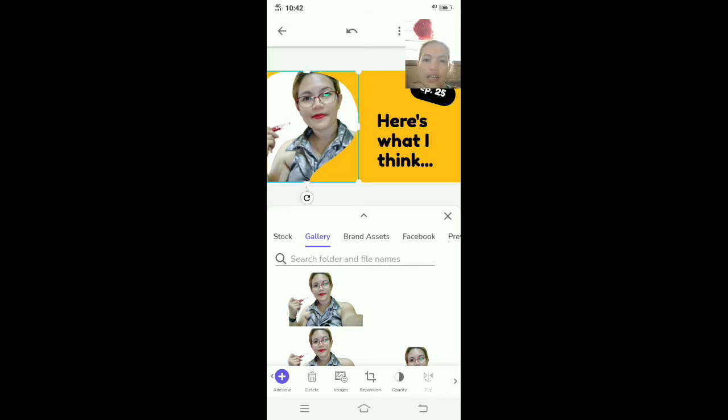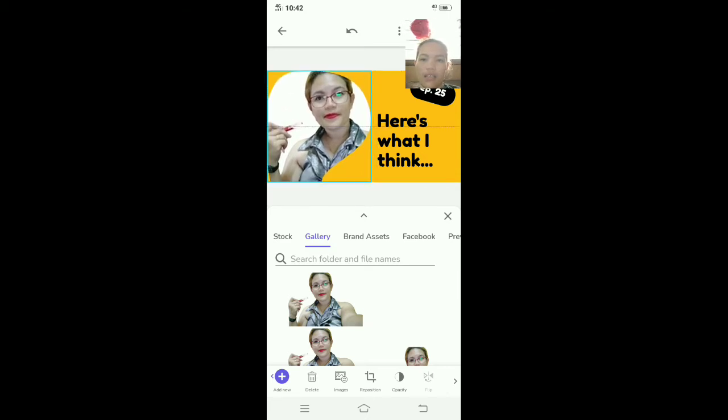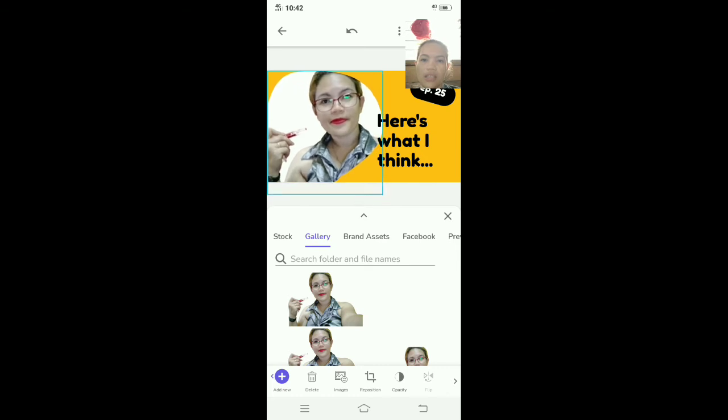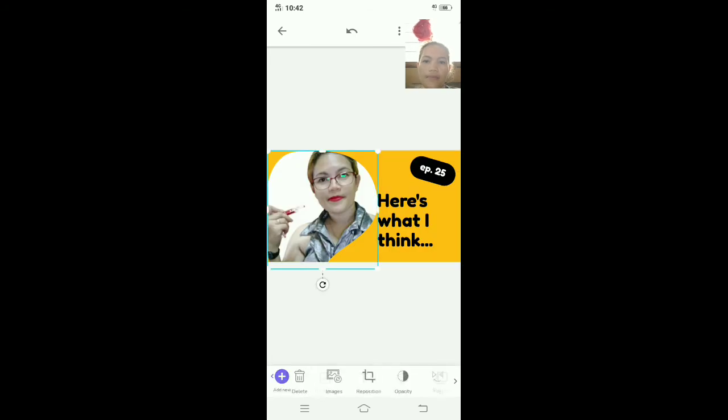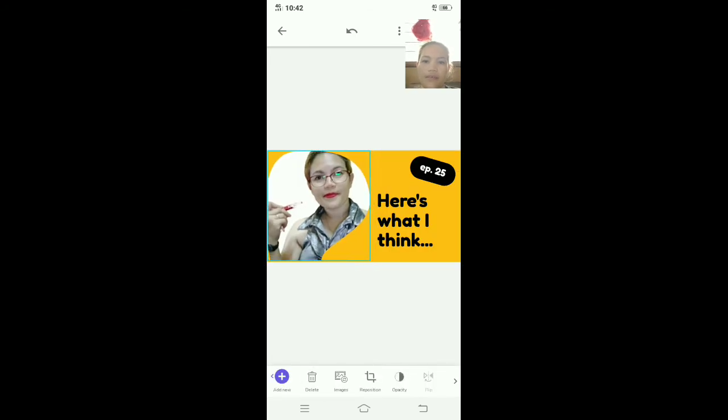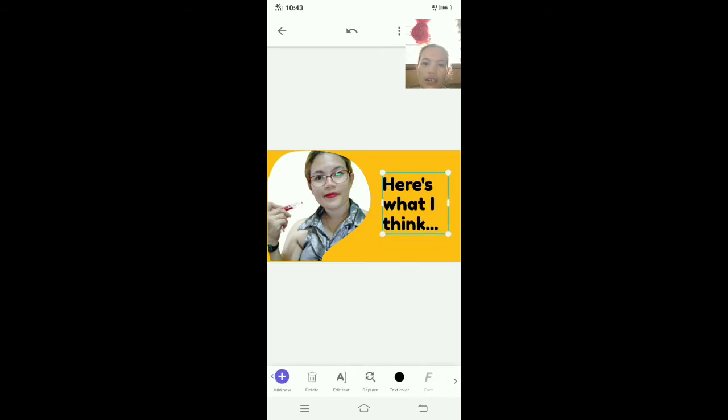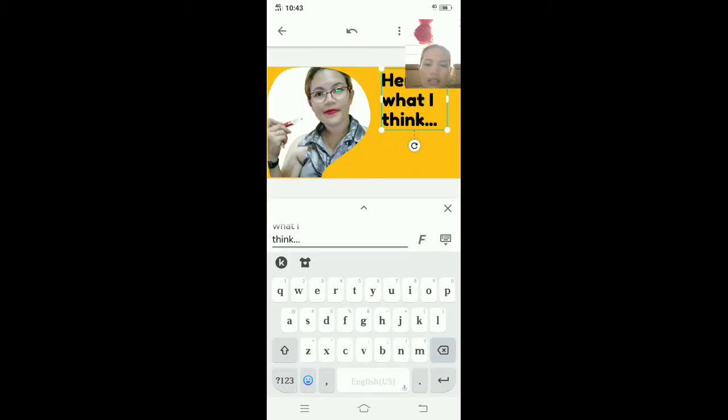And then after that, you can move that in and adjust according to your preference. You can adjust that. And then if you do not like that one, you can delete. So click delete. And then you can change the text here by going to the edit text. So click that one, and then